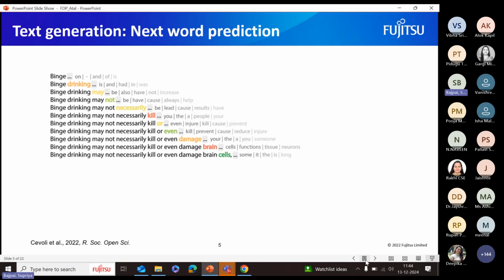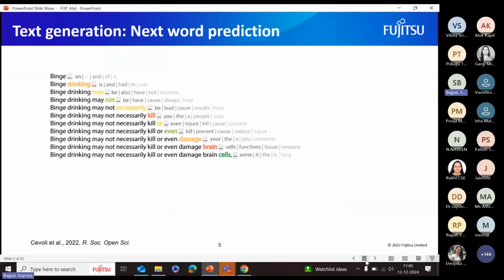First, let's see what next word prediction actually is, which I'm talking about in text generation. Given a word, suppose bench. Just give the word bench. Now the system will try to predict the most probable word which will occur after bench. So it is dependent on the conditional probability and the joint probability. Given the word bench, the system will predict which word in the whole vocabulary has the highest probability of occurrence.